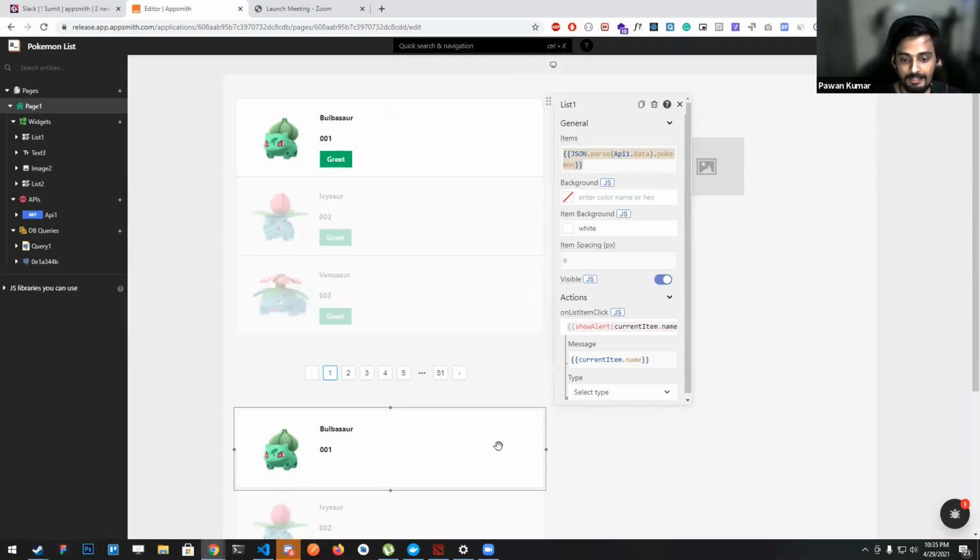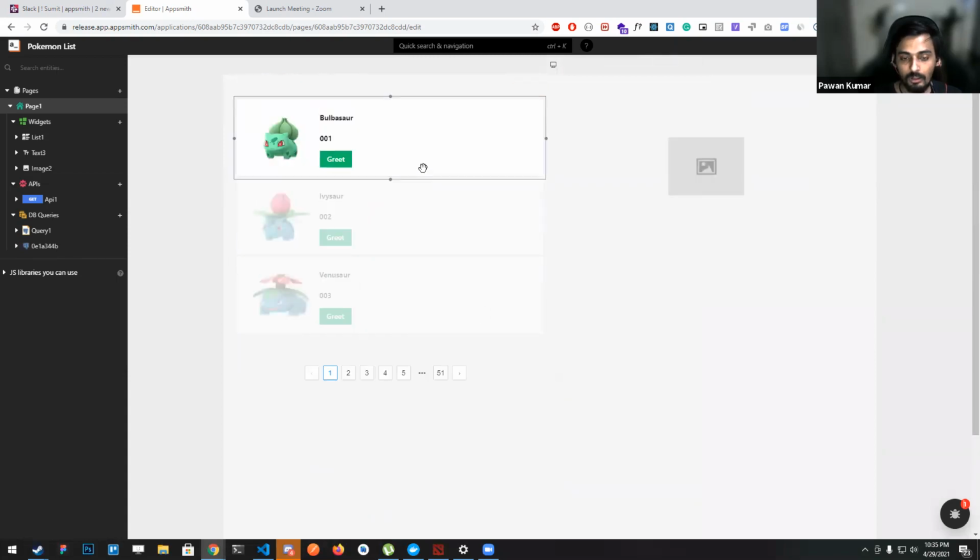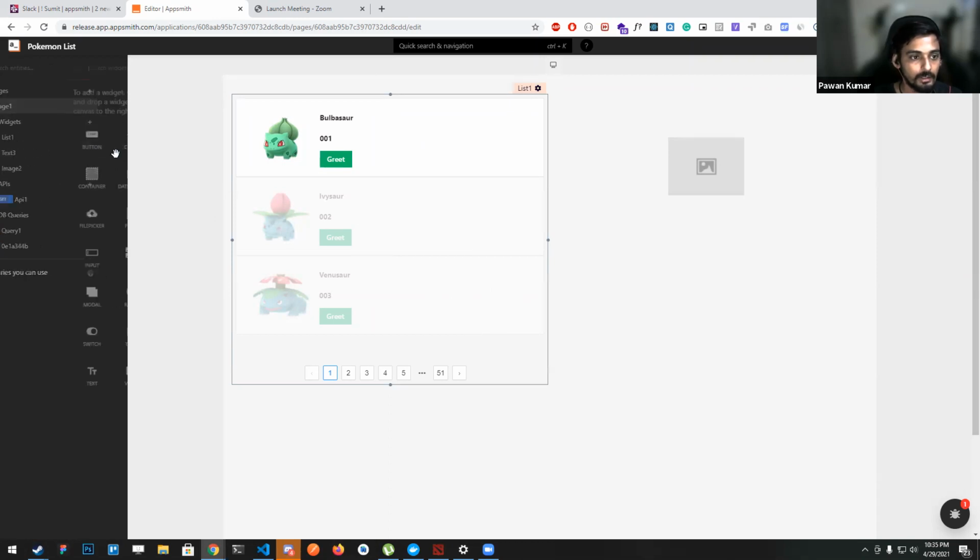Also in this we are doing auto pagination. So based on the height of your container and the height of your list widget, we are auto paginating the data for you. So let me just quickly show how you can bind a current item in the list widget.